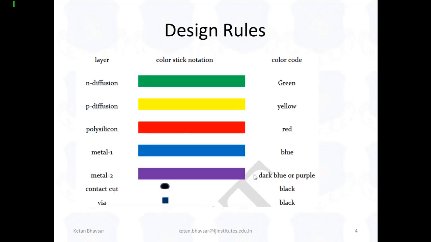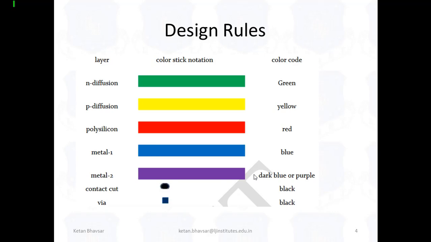Now we're talking about the design rules. In semester 3 we already discussed stick diagrams, and we designed a number of stick diagrams with the help of NAND gate and NOR gate. In books we generally design with the help of a pen, and we are not using the color codes. But in the practical scenario, when you have a very large system and different types of design topologies, you have to go with the color code.